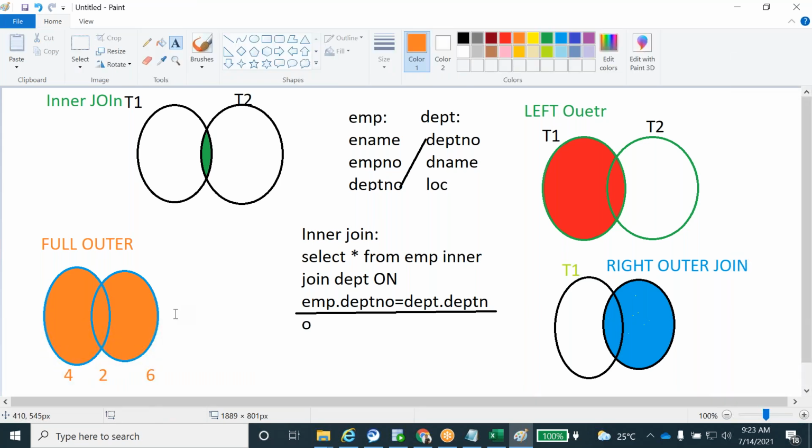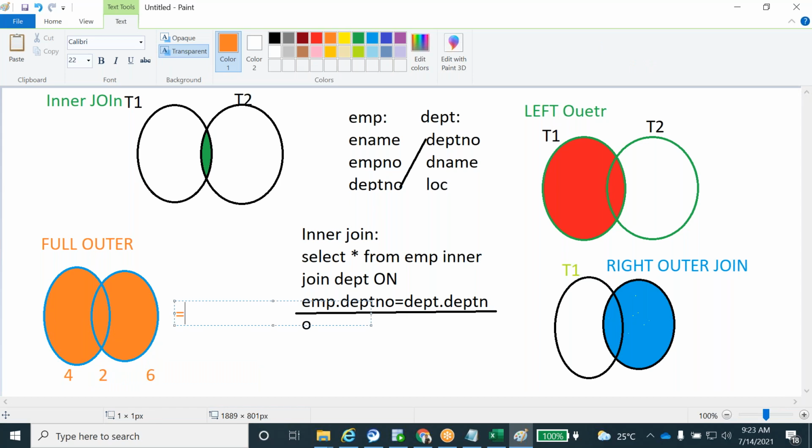Then the unmatching records of the left side table. Out of 4, I have already selected 2 common records. What are the unmatching records? 2, right?